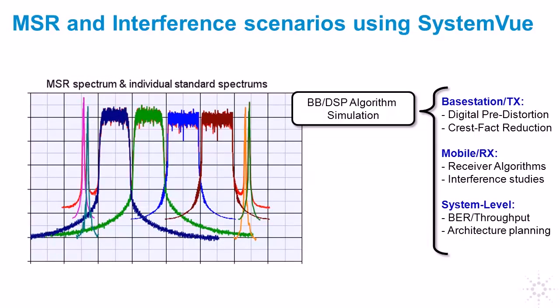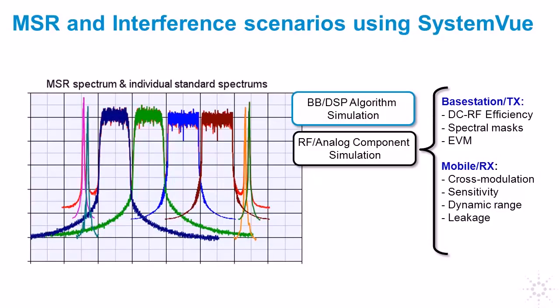Baseband and DSP algorithm developers can use the combined waveforms with great flexibility for exploring base station and E-node B transmit predistortion, crest factor reduction, and other baseband algorithms. And on the receive side, explore robust receiver algorithms with complex interference studies. Baseband DSP algorithm designers can also look at the bit error rate and throughput, as well as the architectural planning of the entire system. RF designers can take a waveform out of SystemVue and use it to test the efficiency,